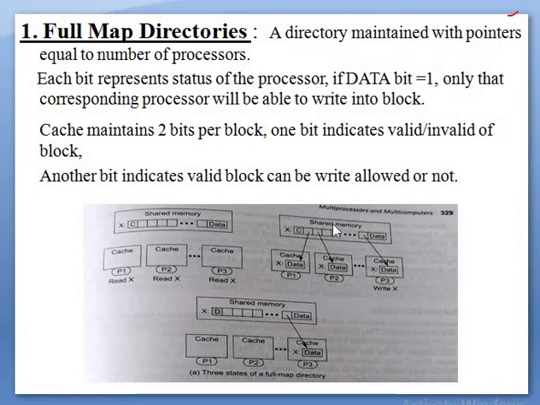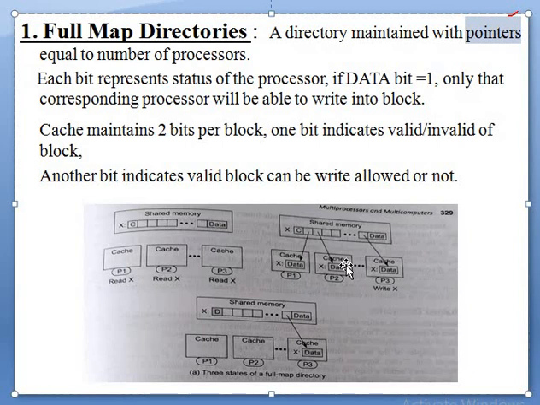Now what happened in this directory? This is called a directory. In every directory block we have a pointer. You can see here the word pointer. The pointer is created to establish communication between a shared memory block and the cache of a particular processor. Now, whenever any of the processors wants to write a data,